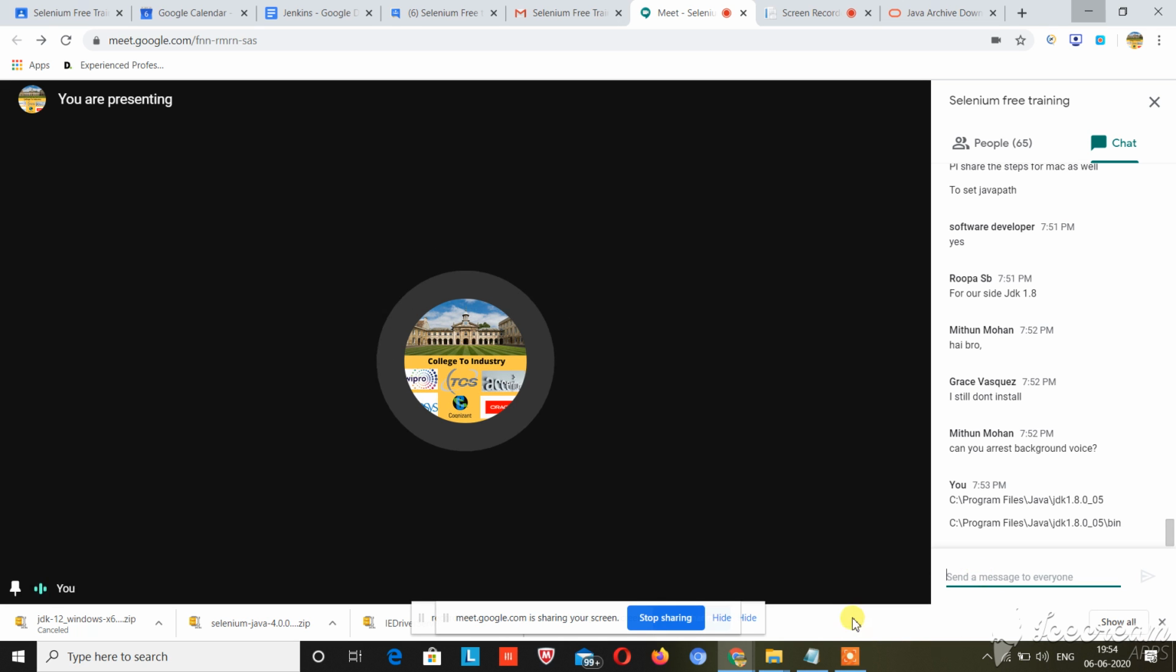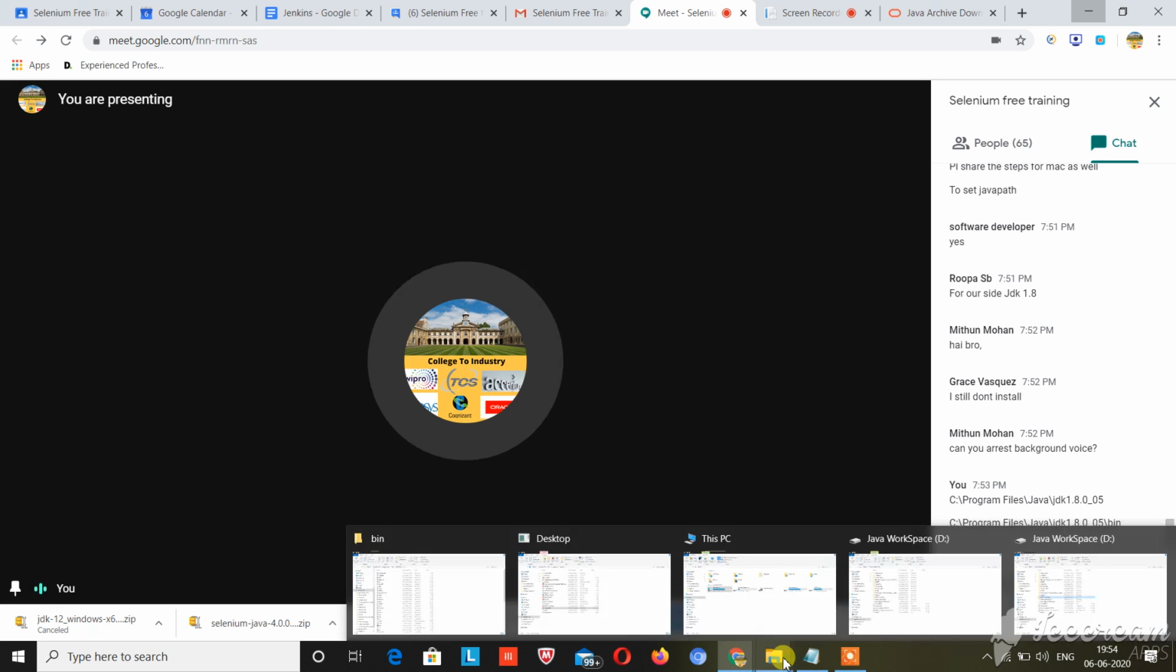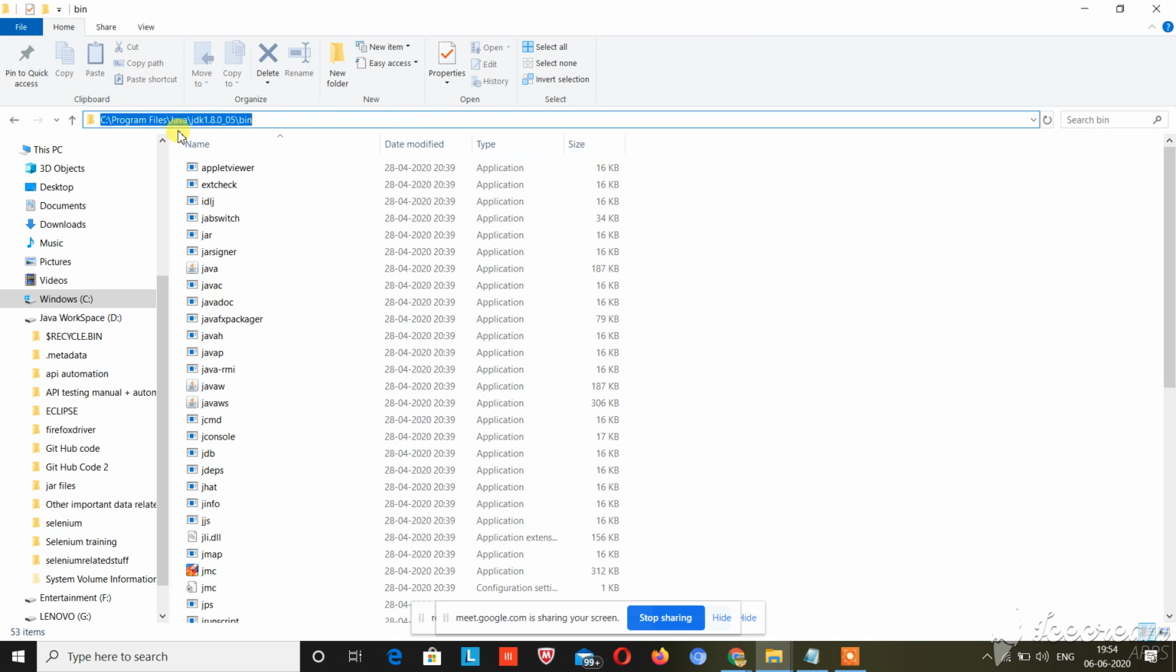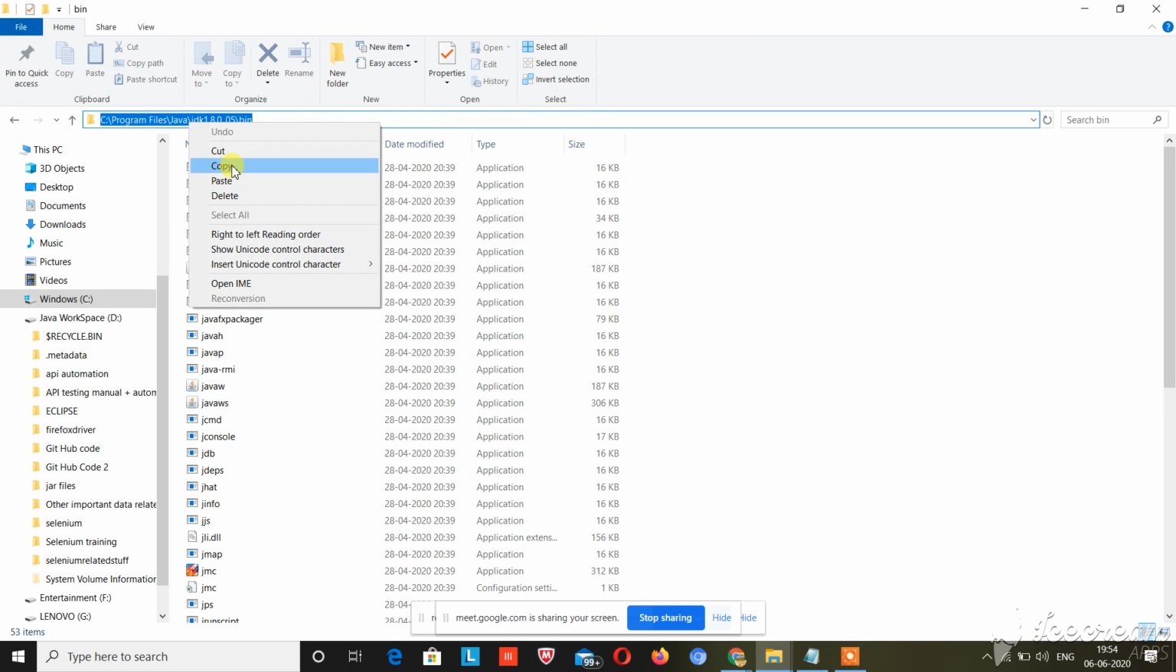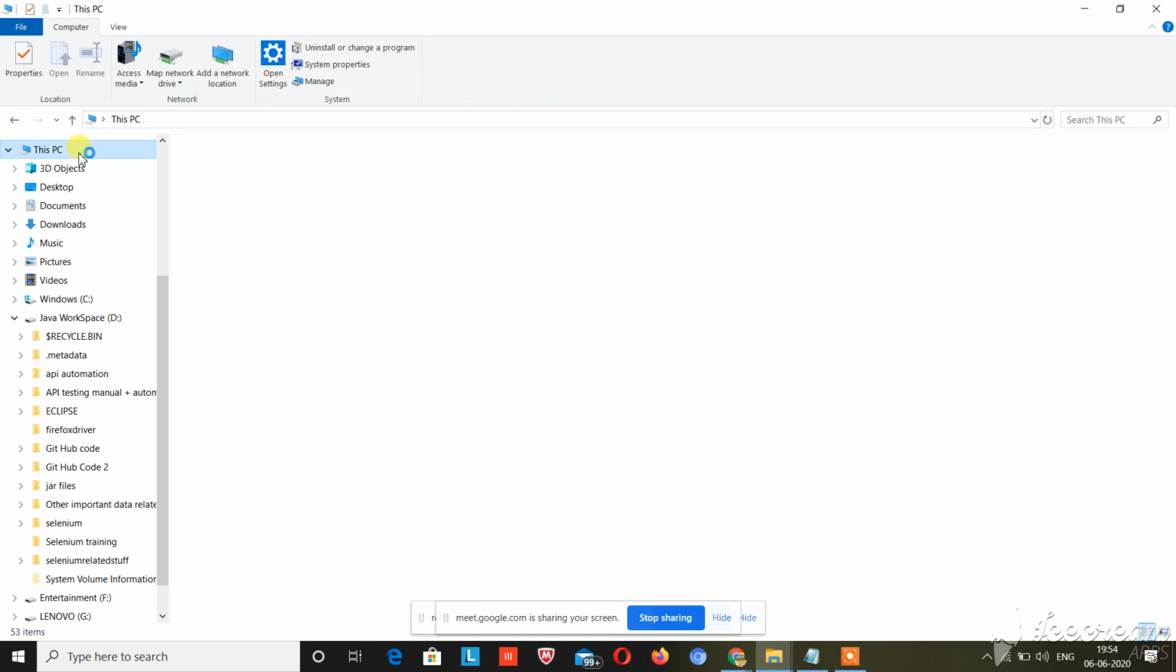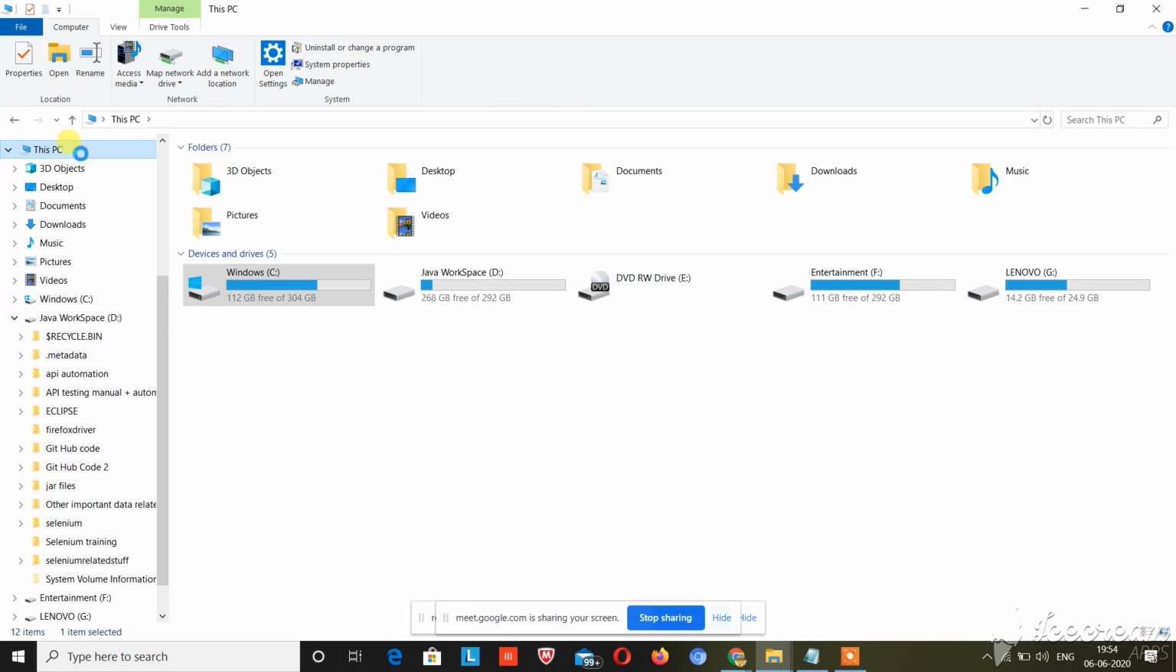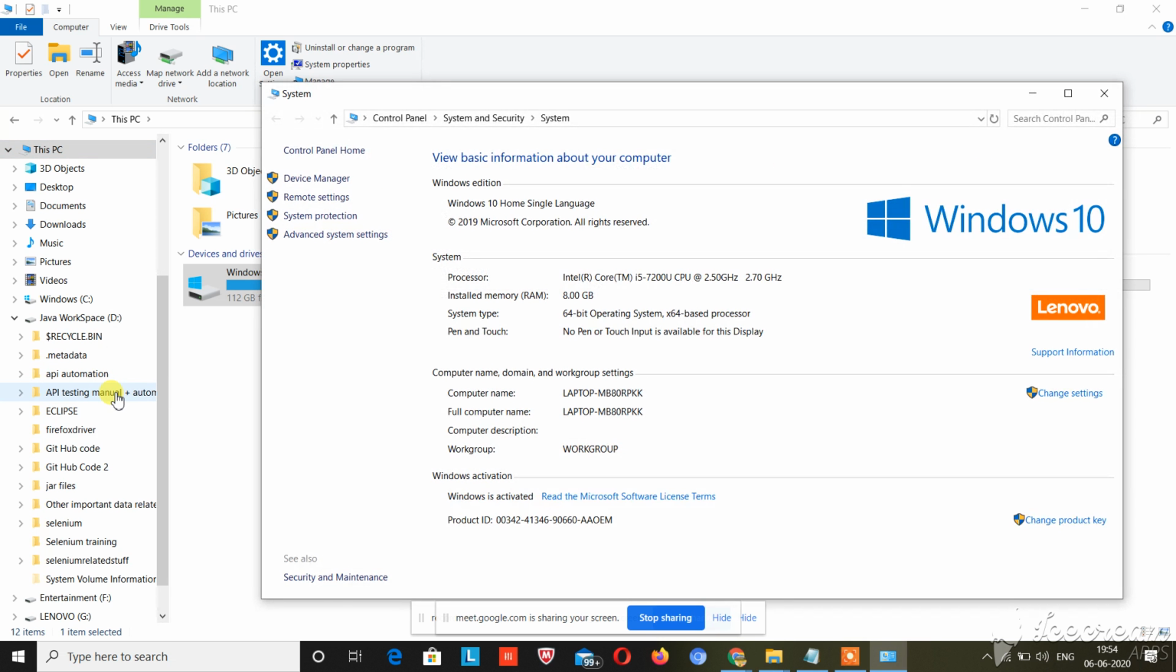So after that, guys, you have copied that path from here, and you just need to come to This PC, right click, properties. After that, you will click on properties. This pop-up window will open. You just need to click on advanced system settings,